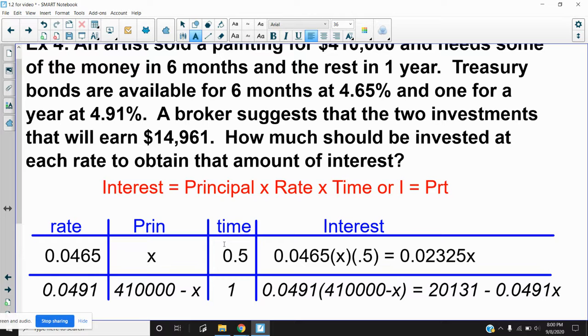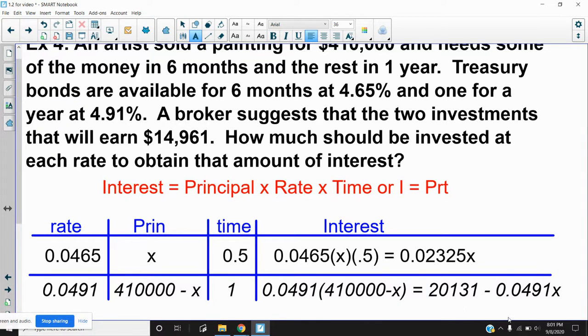Now, remember I said earlier the time needs to be in years. So the 6 months is 6/12 of a year, so 0.5, and the other one's for 1 year. Now, interest is going to be described algebraically. Principal times rate times time. So we multiply across. And by taking 0.0465 times 0.5, we get this really hideously long decimal. Do not round this decimal. We're going to do the same thing for the second amount of interest, rate times principal times time. And we end up getting